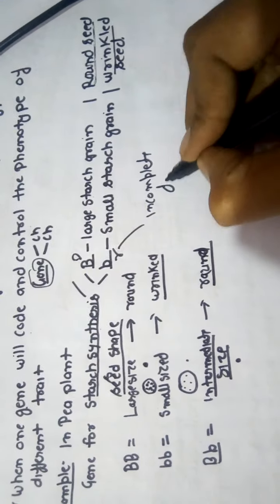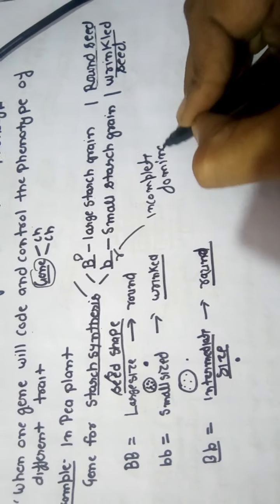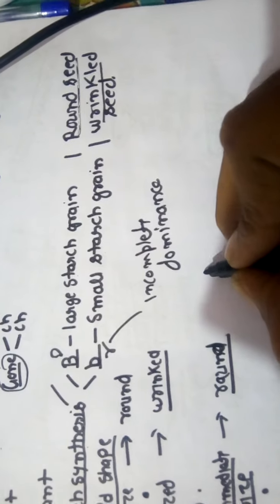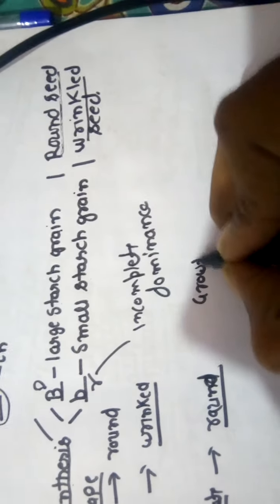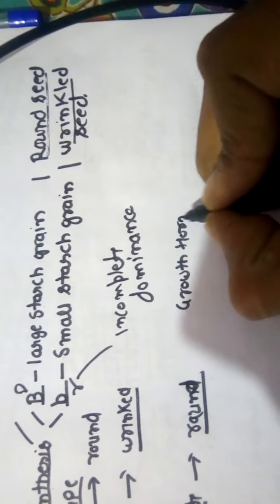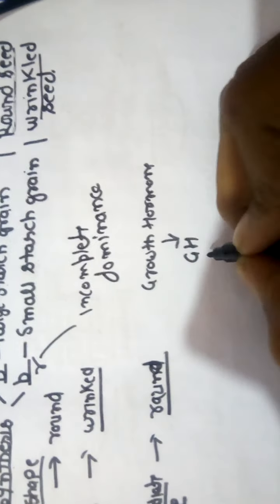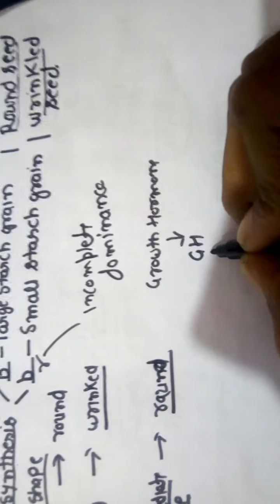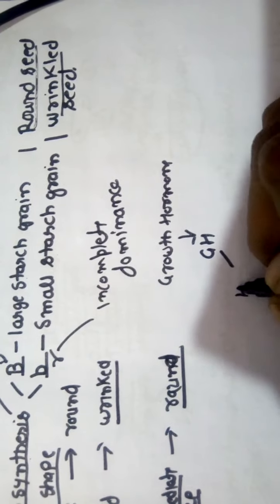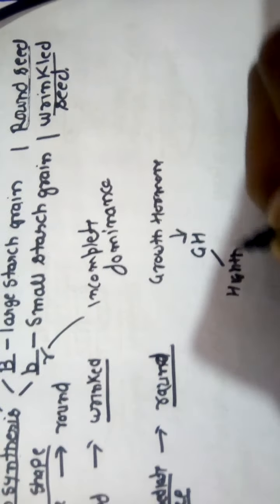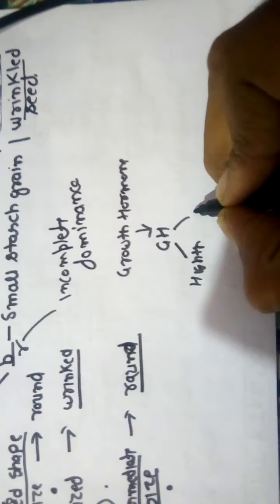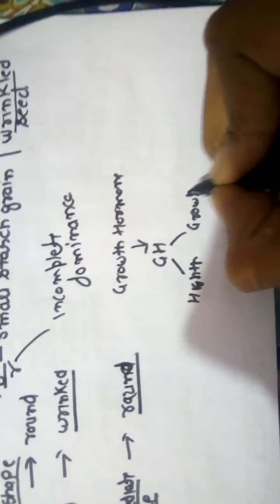So here is an example of a gene that is coding for more than one character. इसका एक और सिंपल सा एग्जांपल आपको देख के समझाता हूँ. For suppose in humans there is a gene for growth hormone. When this gene expresses, a proper amount of growth hormone is produced inside the body, and due to this growth hormone, height will increase, or you can say the growth in different parts of the body will take place.